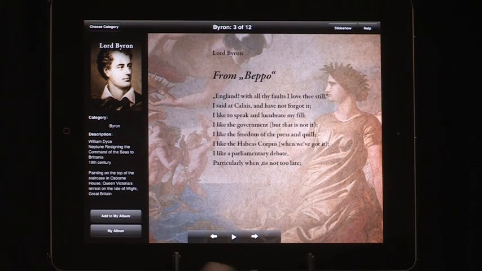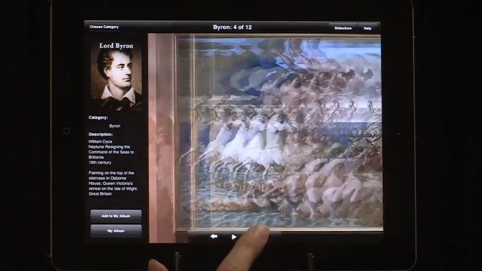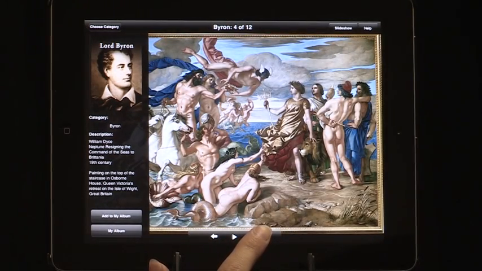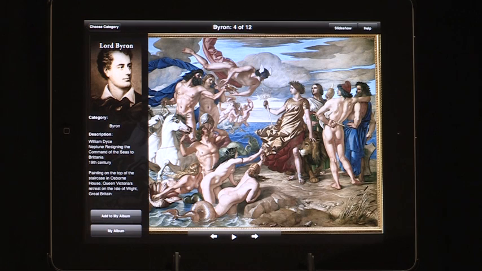And sometimes there's additional poems with additional art. So here, kids can connect the words of the poem to the life of the poet, right, and to a piece of art that is linked to the topic, right, in this case, mythology.